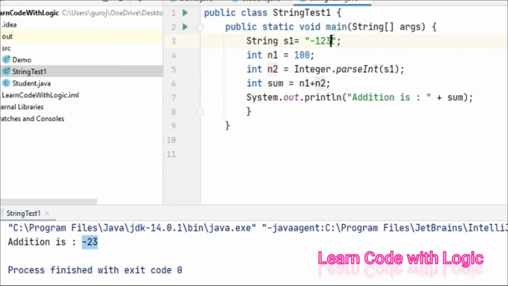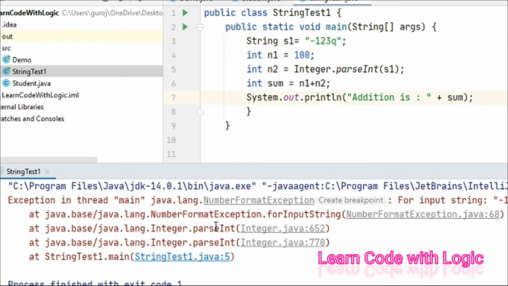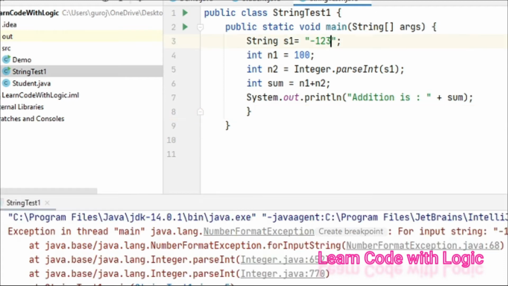So what if you have some letter here? Guys, observe here, you'll get an exception. This is called a runtime error because the code looks good, but we still get an exception while running it. Our next topic is exception handling, so I just want to prepare you for what an exception is. Just keep in mind, this way it's not going to work. If it is a number only, it works. I hope you got the point.